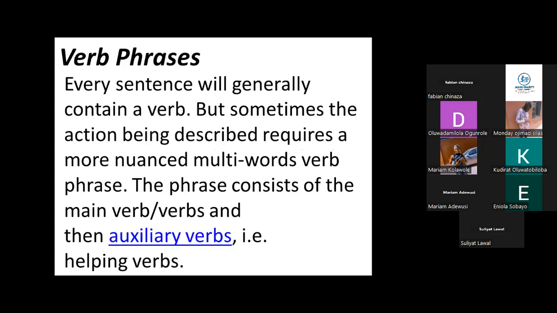Moving on from there, the next one is the verb phrase. Now, basically, for us to have a clause or a sentence, we must have a finite verb. However, when we are writing a sentence, we may just use one verb, and when you form a sentence with one verb, it is a simple sentence. However, by the time we are writing some sentences, we may need more than one verb. We may need multiple verbs. So in a case where you have more than one verb, that collection of verbs